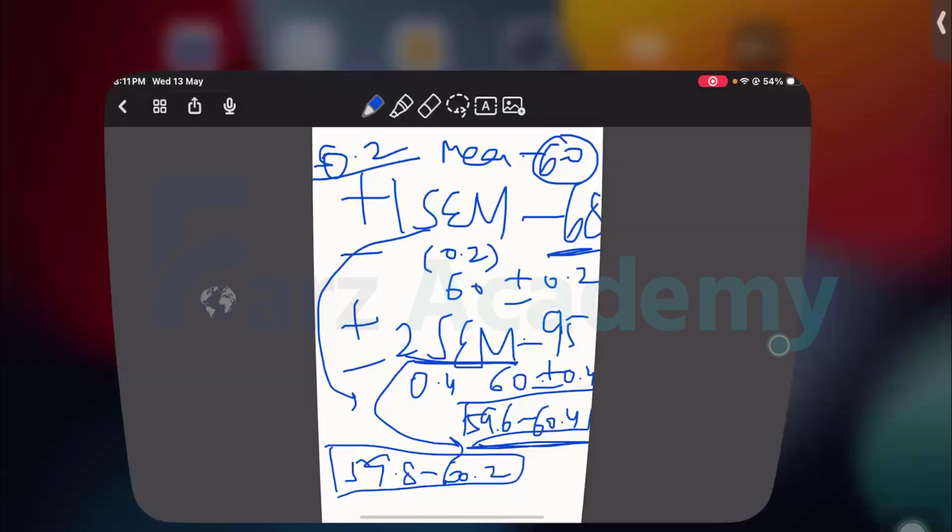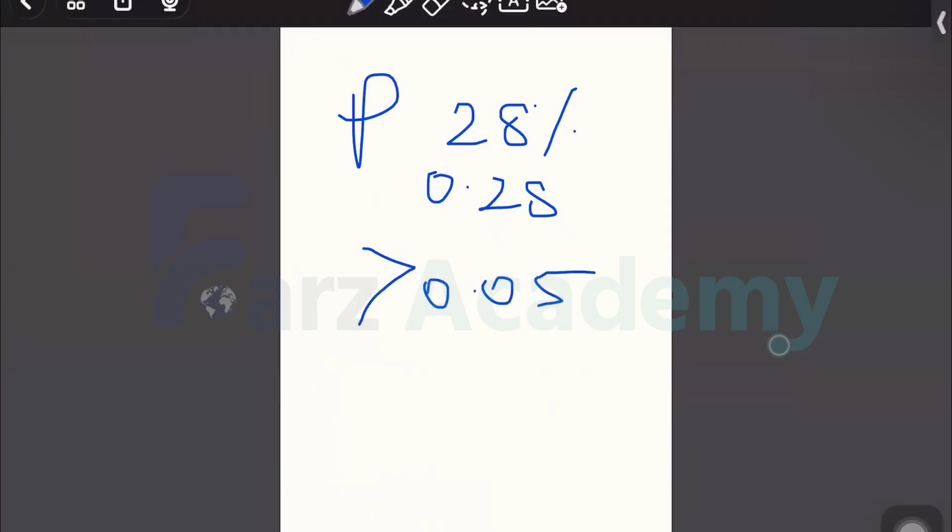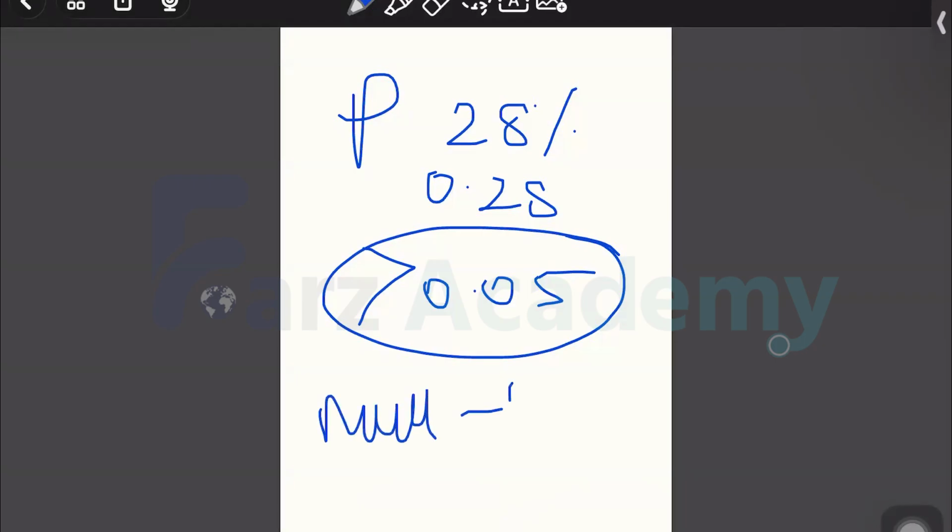So p-value is 28% or it is 0.28, right? Which becomes more than 0.05. If my chance error is more than the actual cutoff, that means a p-value of more than 0.05 will not be able to prove that the null hypothesis is true, right? That means it is simply meaning that there is no evidence of a difference that is found between two groups.